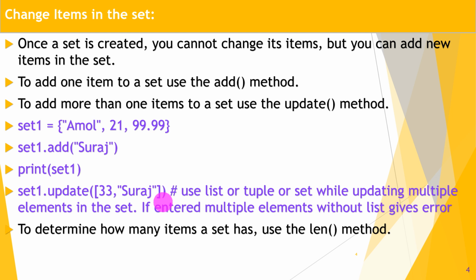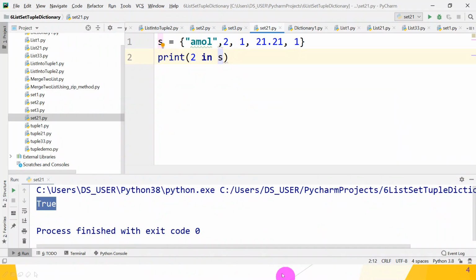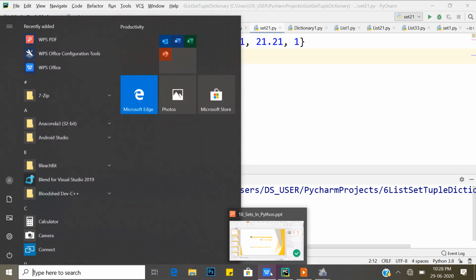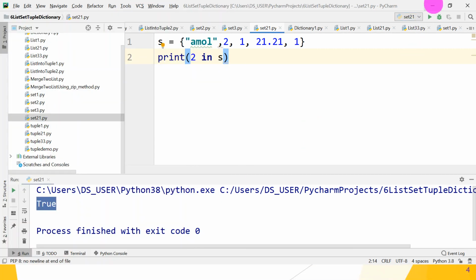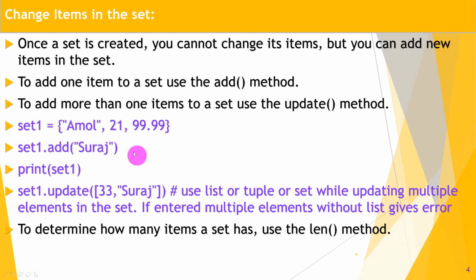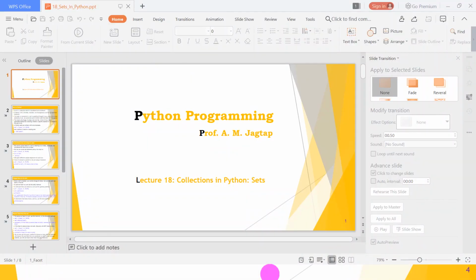So check the concept using the PyCharm IDE. First we add the element, and after that using the update method we update multiple values in the set. So let's check whether it works or not.